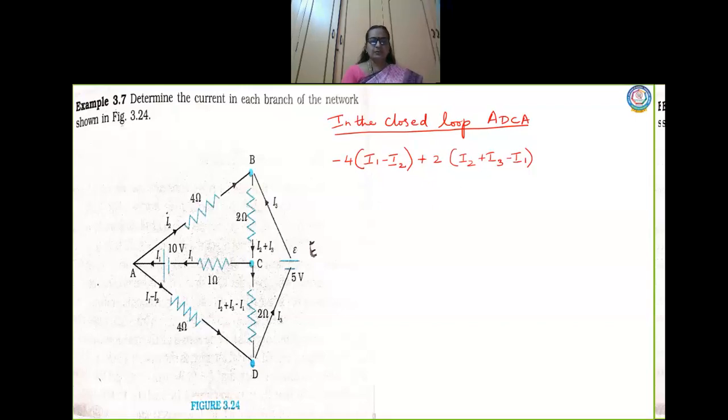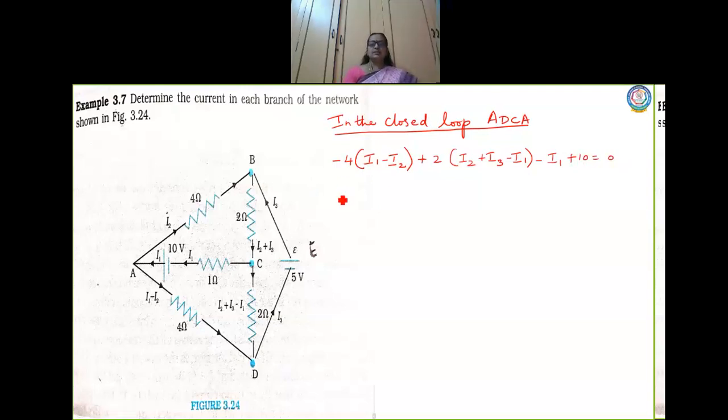Now let us move to the third lead. In the third lead, the assumed direction is from C to A and the actual direction is also C to A, and you have a resistance whose value is 1 and the current in this lead is I1. So I will have once again minus 1 into I1, which is minus I1. And what is the voltage here? Again it is from negative to positive, so this is taken as plus 10. So plus 10 equal to 0. You have to write it very clearly.